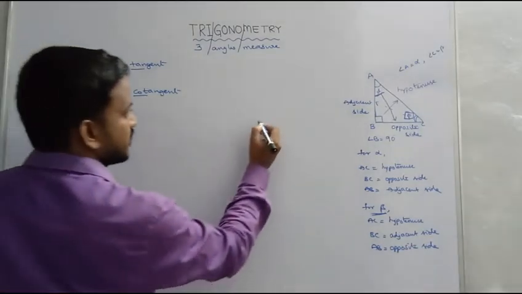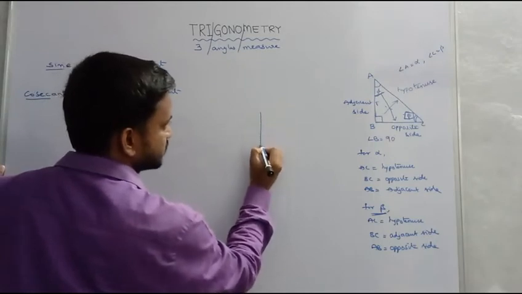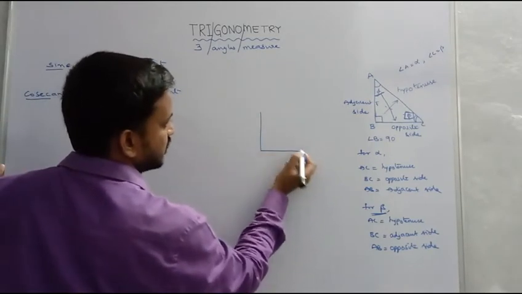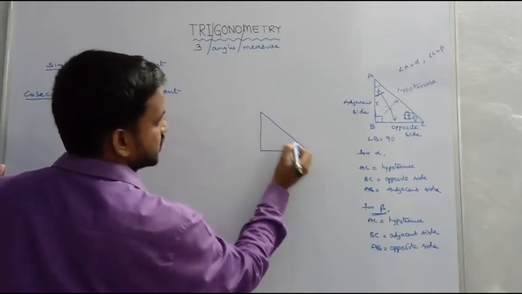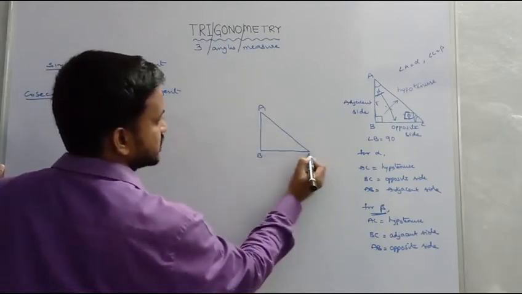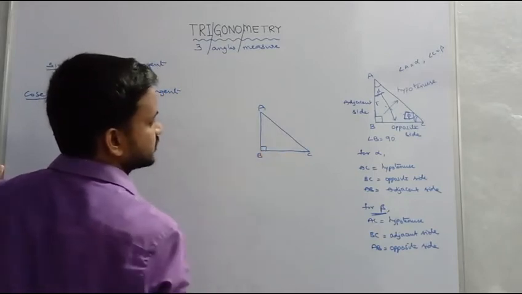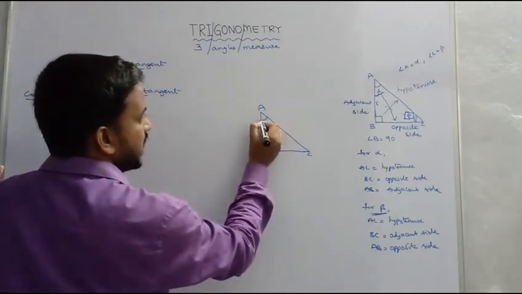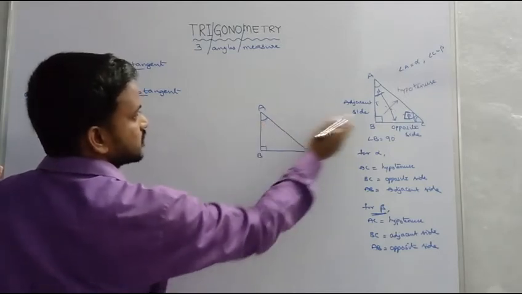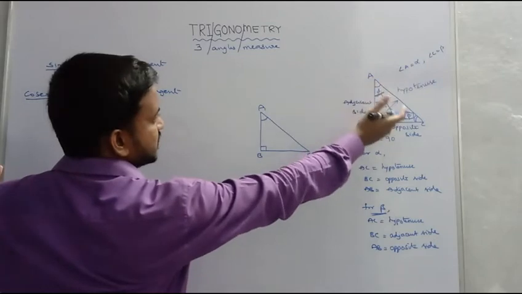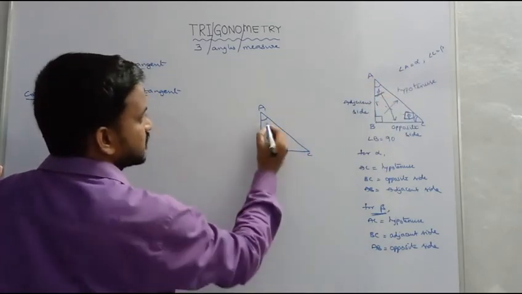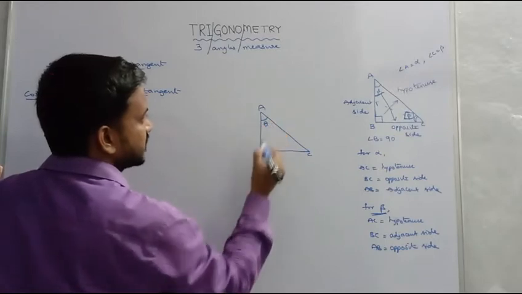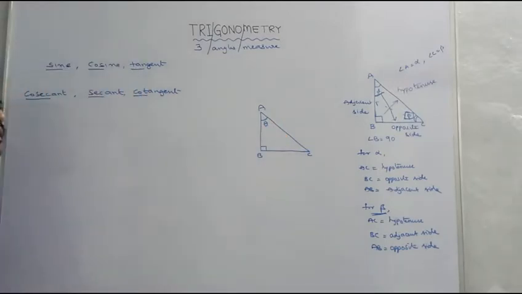Okay. So, I am taking one more right angle triangle here. A, B, C. This is right angled at B, and I am taking the angle at A only. Previously we have observed when the angle changes, the sides also change in this manner. So I am taking the angle theta. Theta is a Greek letter, like our English alphabets A, B, C. We have Greek alphabets. Among those, theta is one of them.